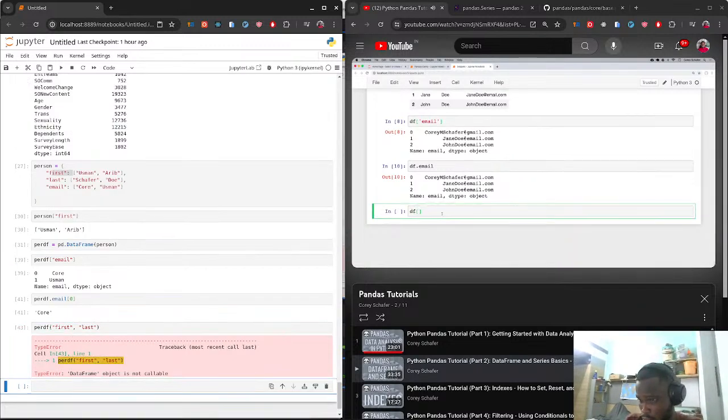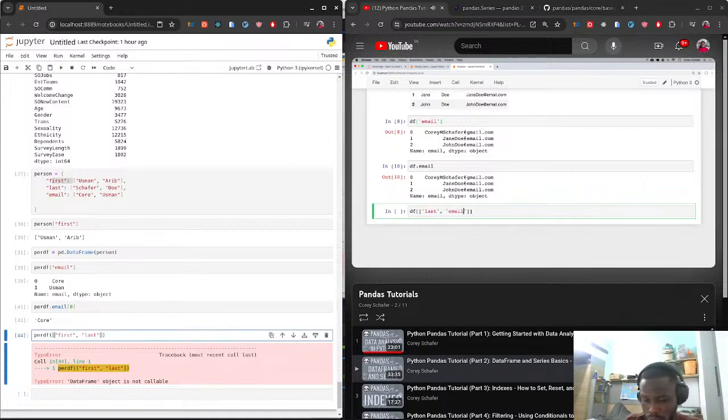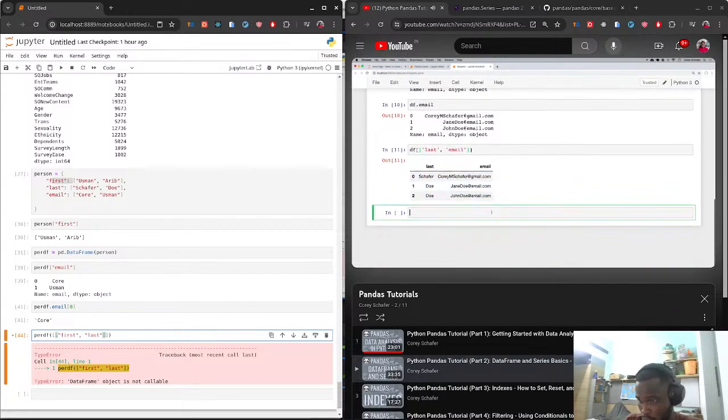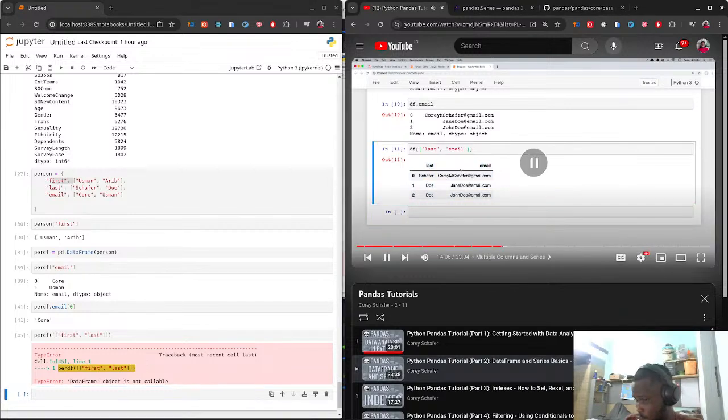So if I wanted both the last name and email columns, then we could say df and use our brackets just like we saw before. But now I'm going to put in a set of inner brackets here as a list of columns that I want to access. So for the first value, I'll put last for the last name. And for the second value, I'll put email for the email. So if I run this, then we can see that now we have a data frame returned here